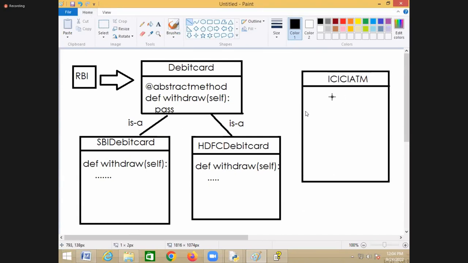Now inside an ICICI ATM, can I use an SBI debit card? Yes. Inside an ICICI ATM, can I use an SDFC debit card? Yes. Inside an ICICI ATM, I can use an SBI debit card. Inside an ICICI ATM, I can use which other debit card? SDFC debit card. It means the ICICI ATM people develop the ATM by following the rules given by which